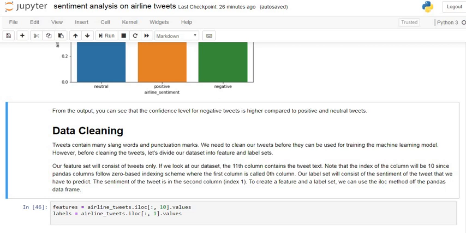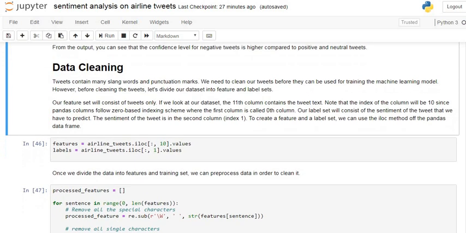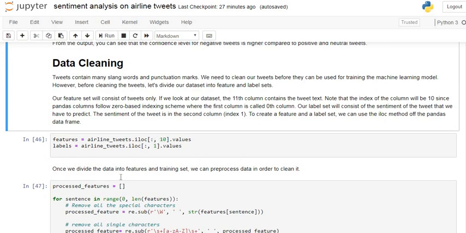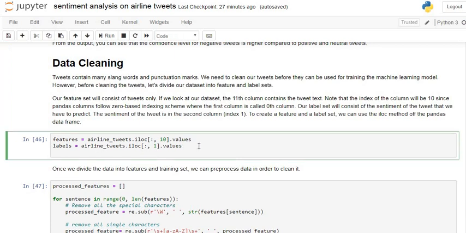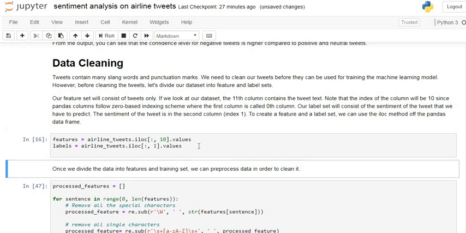Our label set will consist of the sentiment of tweets that we have to predict, that is negative, positive and neutral. So we can use the iloc method of the pandas data frame. Here we divide our two variables, that is tweets and our target variable airline sentiments, using the iloc command.